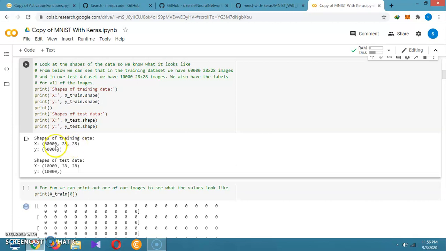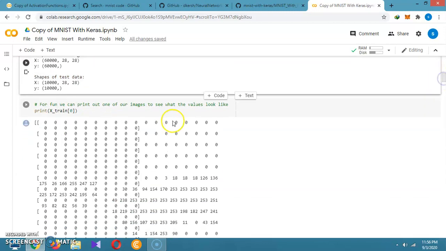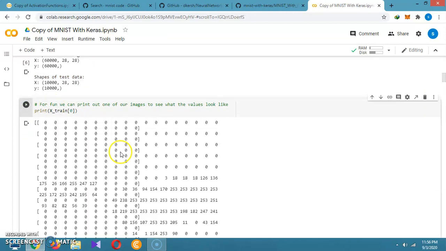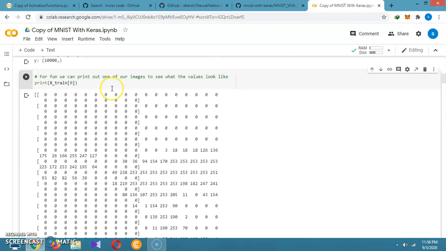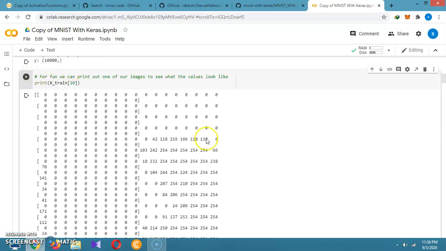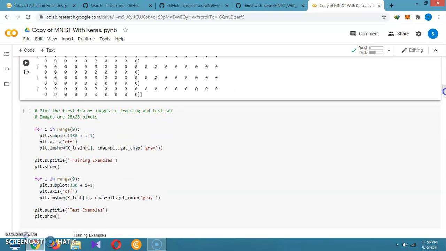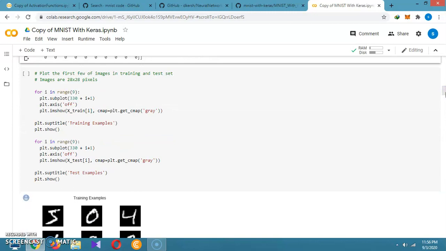So this is the x, y pixels format, and 60,000 is the number of images, and the shape of the testing dataset is a total of 10,000. And it's the target value of y, and it is also in the same way the target value. Then we are printing x_train of 0, so it is giving images. If we change this value, x_train of 10, how will it look? Let's see whether it will run or not. So it will run, as the images of the pixels are going in such a way.